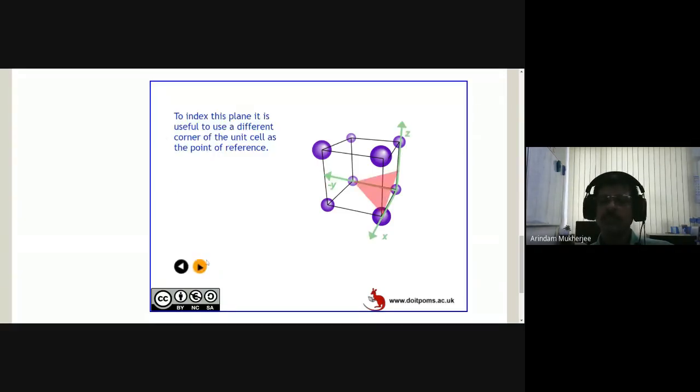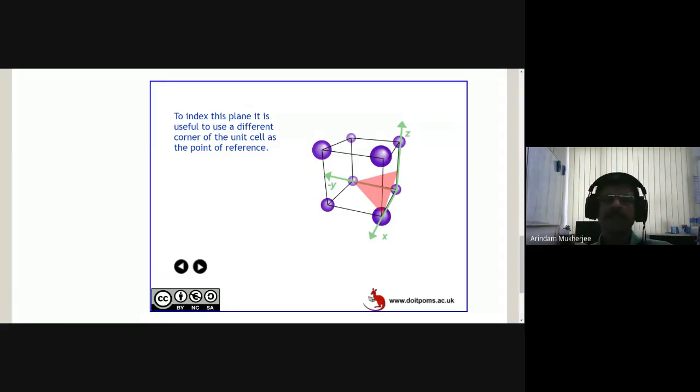Now we say that our origin is not here. This time let's shift the origin here. And shifting of origin is permissible in Miller indices. It's just that the values of the planes will change. When you are working with a crystal structure for practical purposes, you are going to use different origins, because you may be forced to look at it from different sides in order to get a clue about a plane. So this is very practical, and you may have to shift the origins in order to